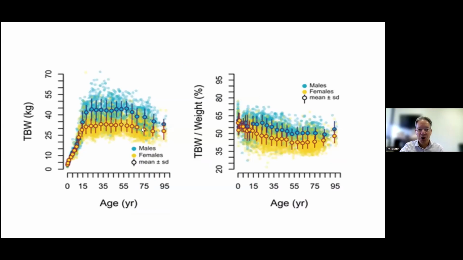Now, this amount of water that we have is age dependent, as you might expect. Just focus on the graph on the left. The yellow is women, the blue is males. The x-axis on the bottom here is age, and the vertical axis is the amount of water in the body. And what you can see here, as you might expect, as you age from being a baby, you're going to have more and more and more water. But the point is that after you reach a certain age, that amount of water stays pretty constant.